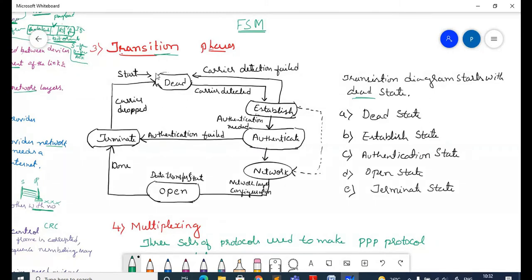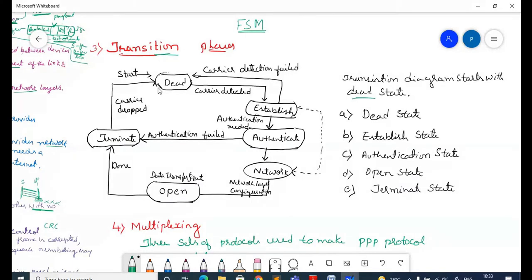When the system starts it will be in dead state. When it is in dead state there is no active carrier. It is not going to perform any operation when the system is in dead state. Dead state means if you shut down your system, that is dead state, until you press the start button on your computer system. When you press the start button, what happens? Your system starts booting. It will boot the operating system.